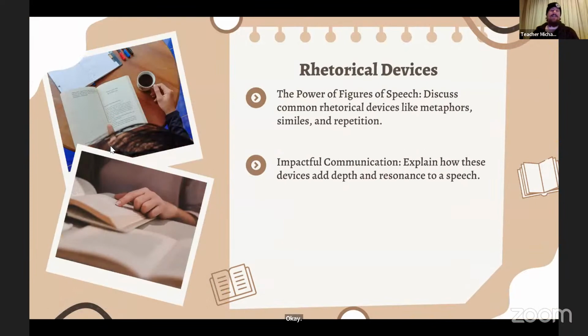Okay, so the next topic that we want to discuss is rhetorical devices, the power of figures of speech. I've got a list here of a few. Actually, what I will do